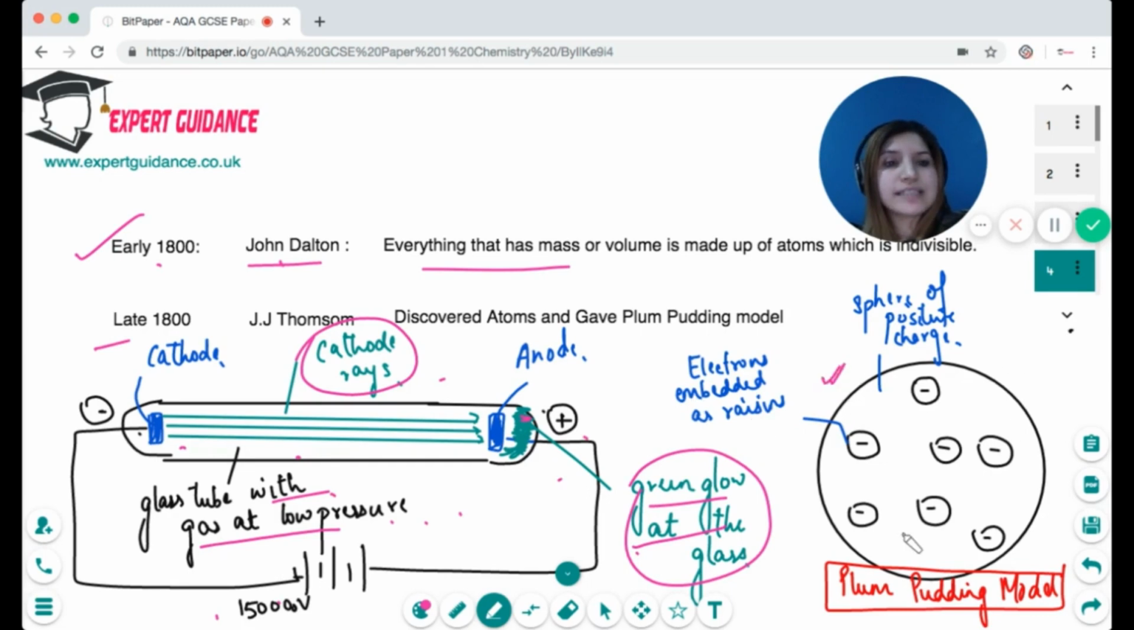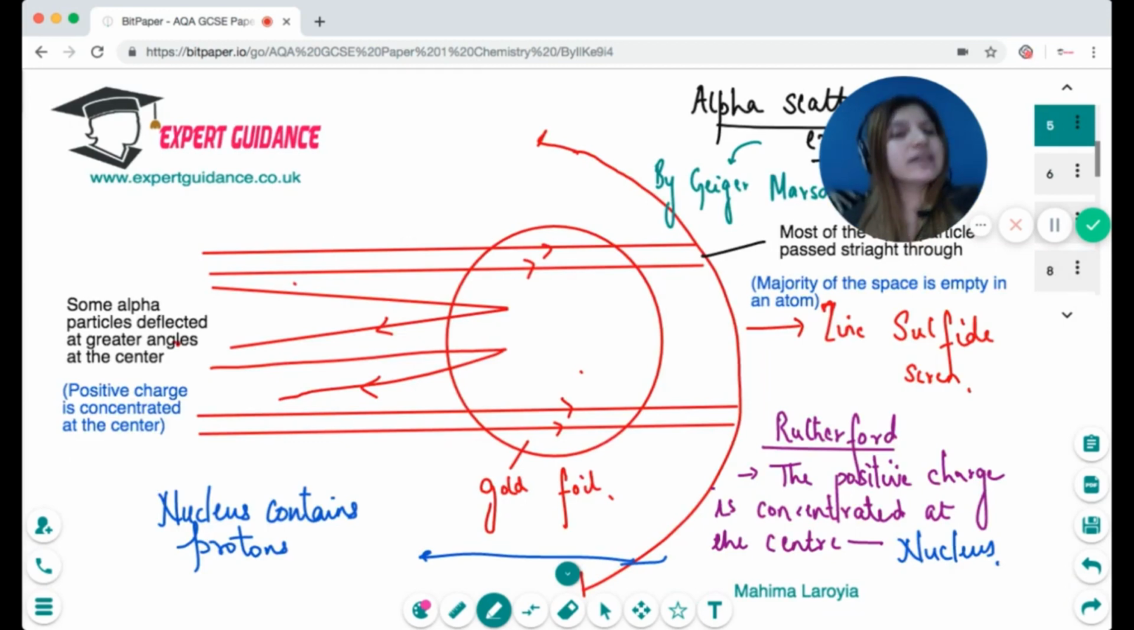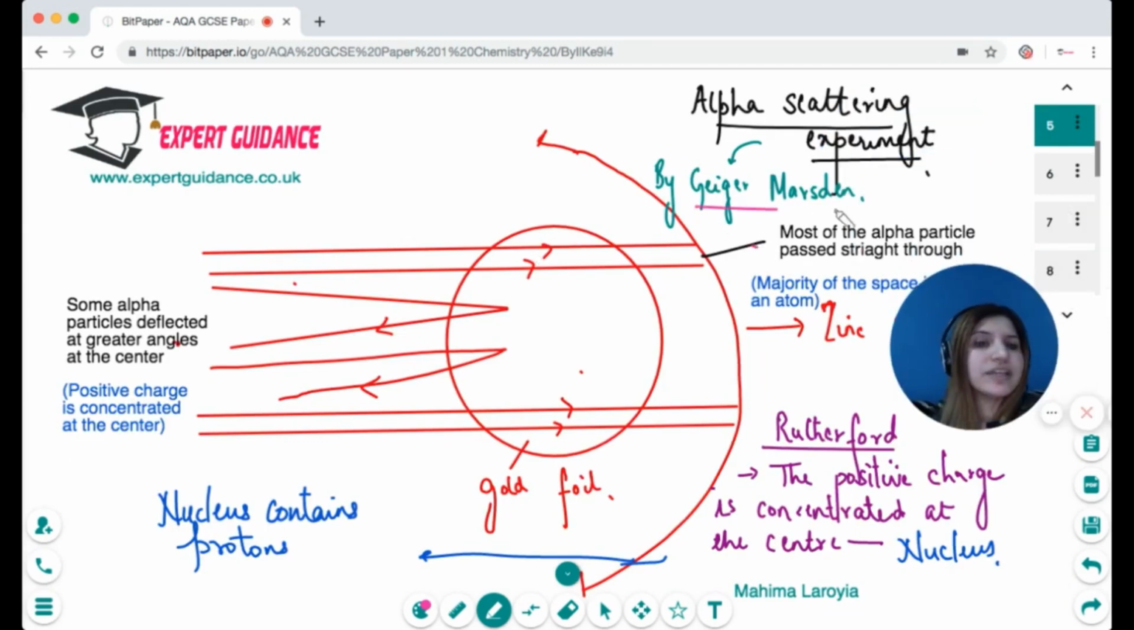Now, what was this plum pudding model? This plum pudding model says that the atom is a sphere of positive charge. The positive charge is equally distributed, and in this sphere of positive charge, the electrons are embedded like raisins. According to him, the electrons and the positive charge were equal, therefore the atom is neutral. Now, if this model was correct, at that time, there were other scientists called Geiger and Marsden,